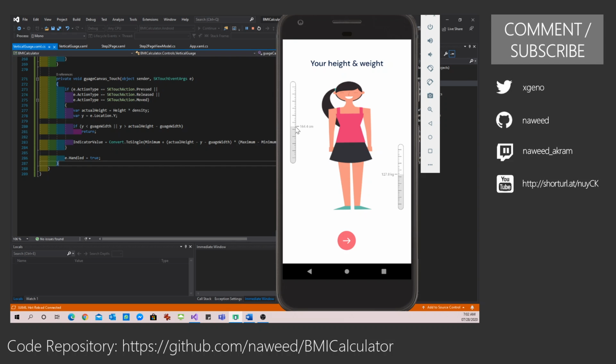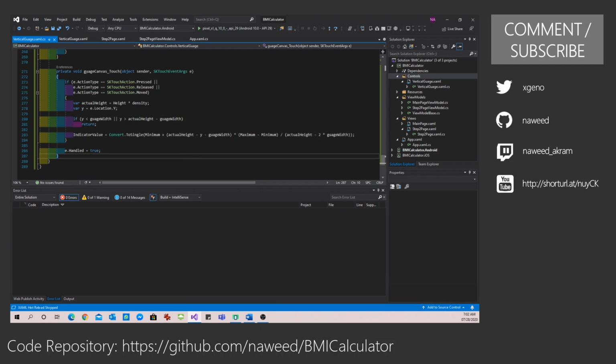Now to add a little bit of extra touch to this, ideally what should happen is the moment I move, the height of this person should also be moving, right? So if I say 152, the female should be drawn only between here to the bottom. If I make it say 202, it should be drawn up to this extent. Similarly, when I change the weight scale, this person's width should change to reflect whether the person is overweight or underweight, etc., depending on the scale that we have. That we can achieve using some simple calculations in our page.